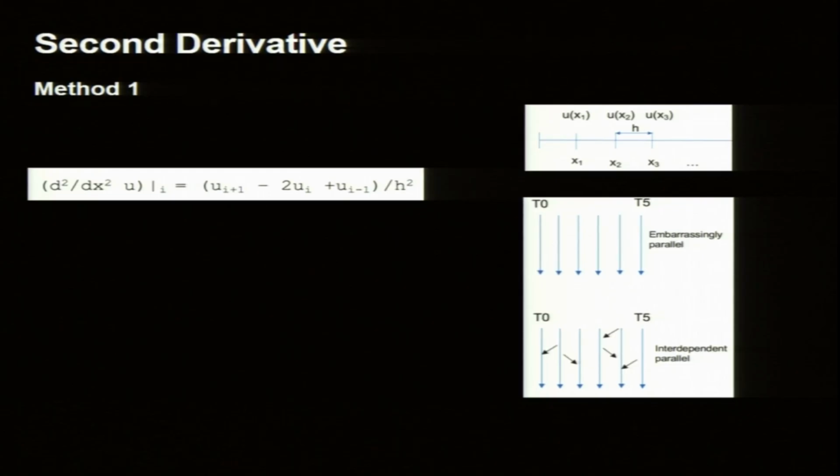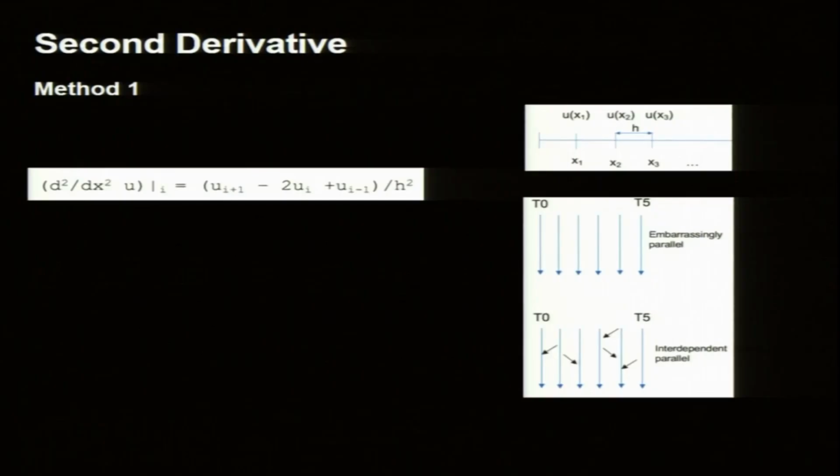So, what is the finite derivative? Second order derivative using the finite difference method. I will illustrate with the second derivative, but you can do it for any derivative, the idea remains the same. We will use the central difference scheme, where you take 3 points and compute the derivative at the midpoint. The formula is this: u_{i+1} minus 2 u_i plus u_{i-1}, divided by h squared. I am computing the derivative at the ith point: the point on the right, minus twice the point at the same location, plus the value of the point on the left.